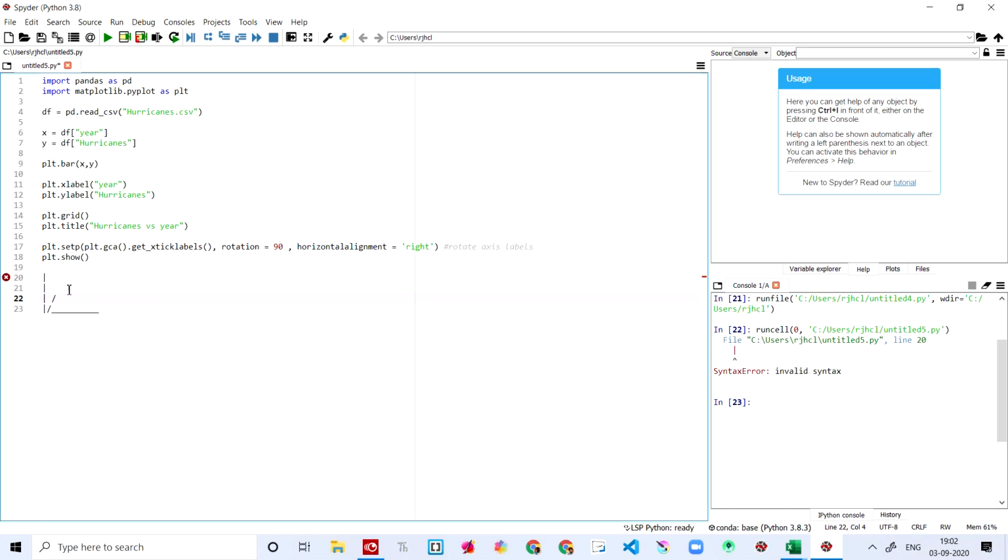It will just show you the graph. But right now I don't have the file, so it's not going to show me anything.